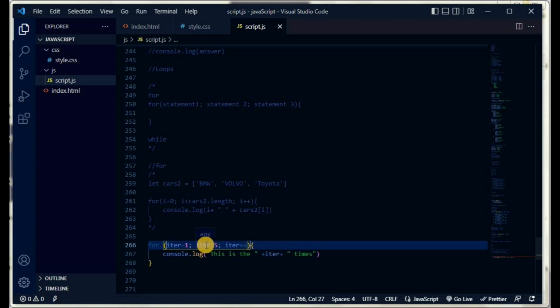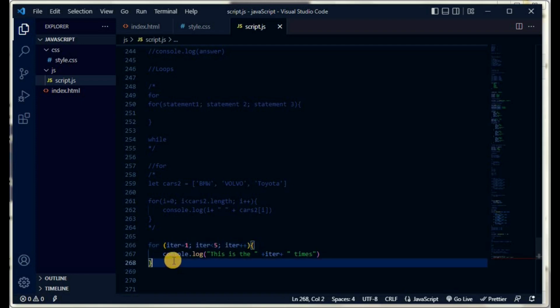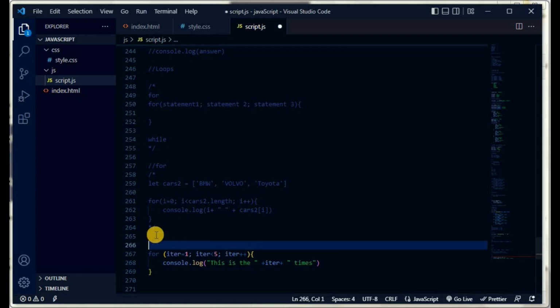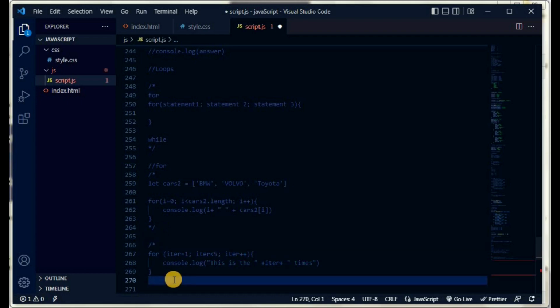Before we go into the while loop, I want us to do another example for the for loop to see if we can build more muscle memory on it, because I want this to be as clear as possible, even if it means spending so much time on it. So I'll just comment this out,